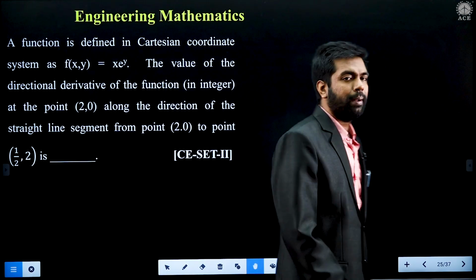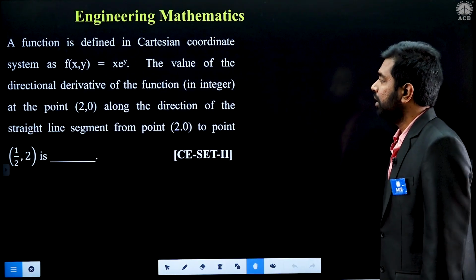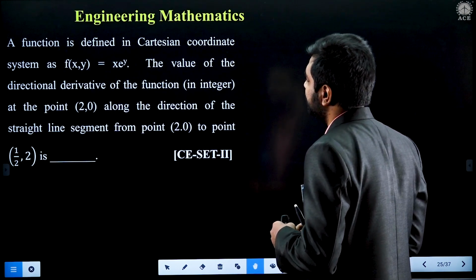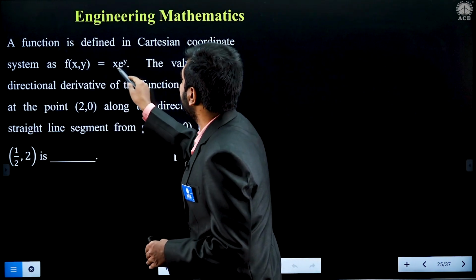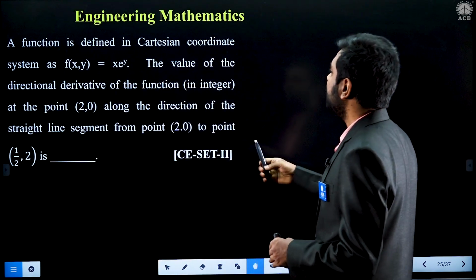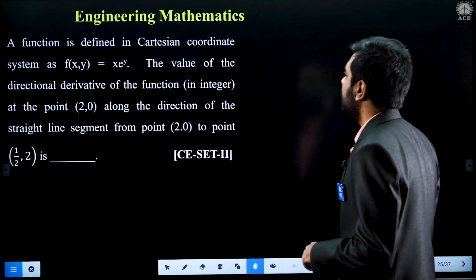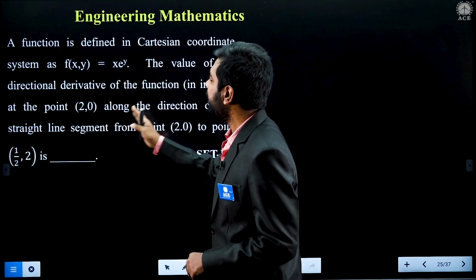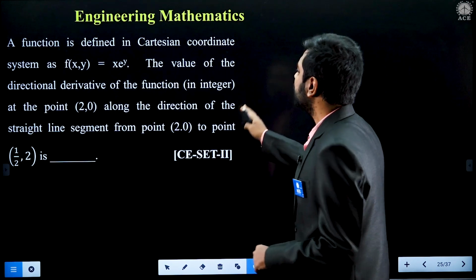Let's look at this problem. What is he asking? He says a function is defined in the Cartesian coordinate system as f of x, y equal to x e power y. So it's a scalar function. The value of the directional derivative of the function at a point (2, 0) along the direction of the straight line segment from (2, 0)